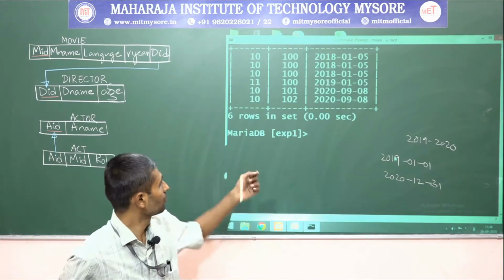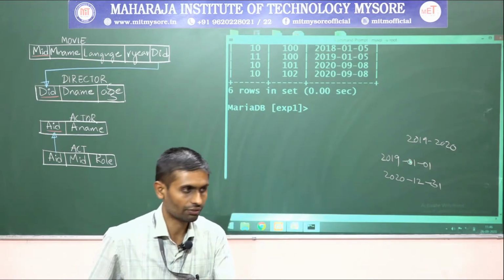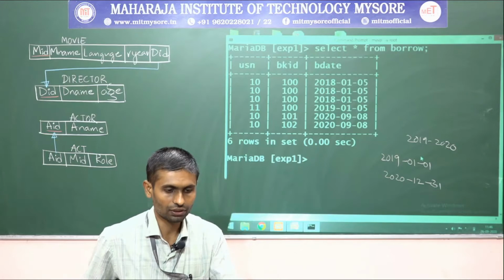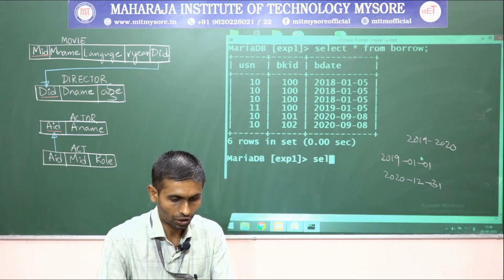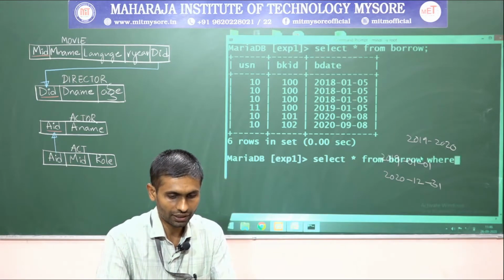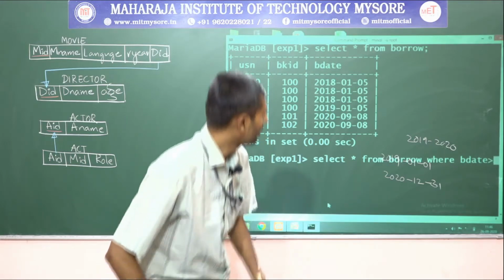Actually, I am not able to scroll there, so it will not fit in the right position. That's why I did it like this. First, I'll go with select star from borrow. This is the borrow table data. Then select star from borrow, we can say. Then after this, where B date, the borrow date, should be, we said, it should lie between